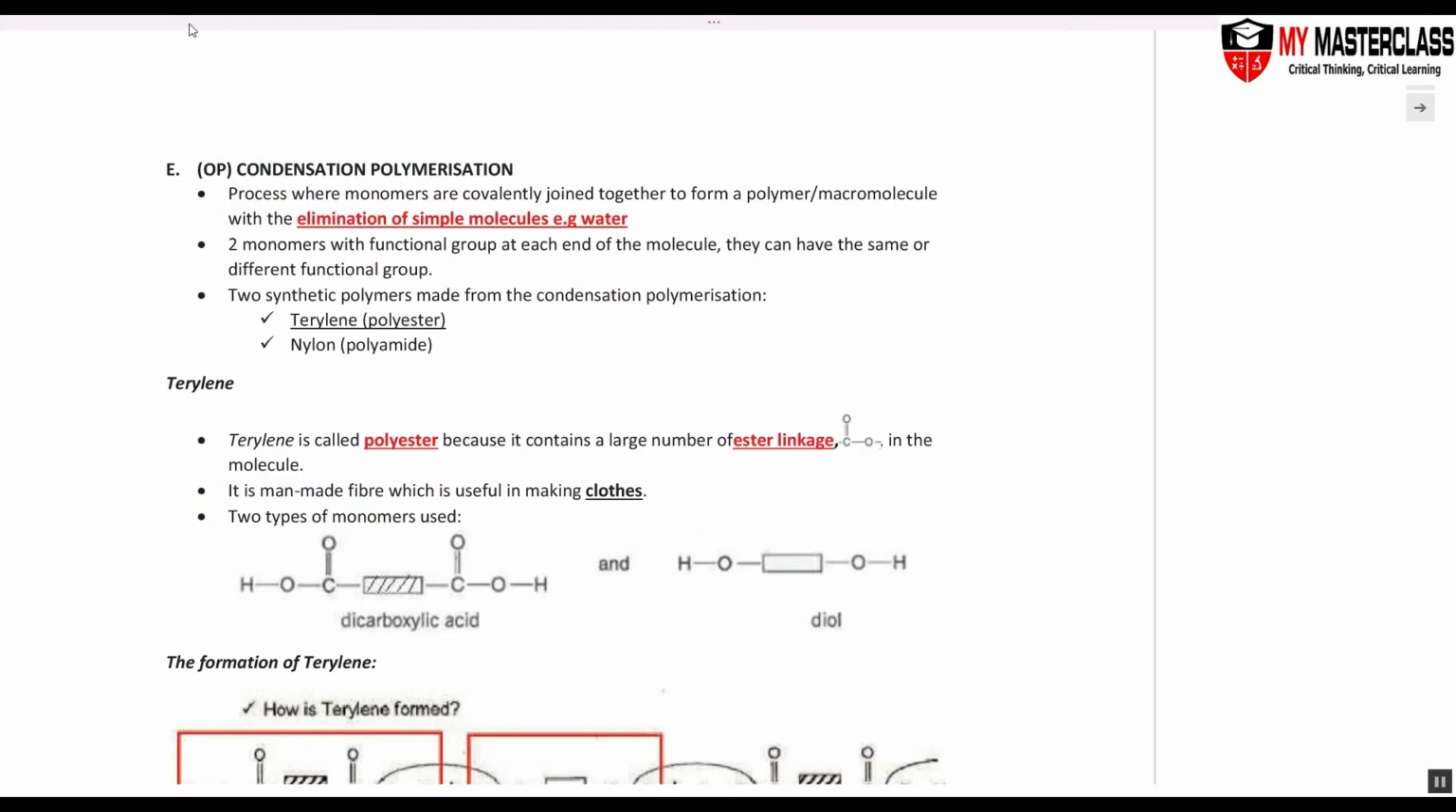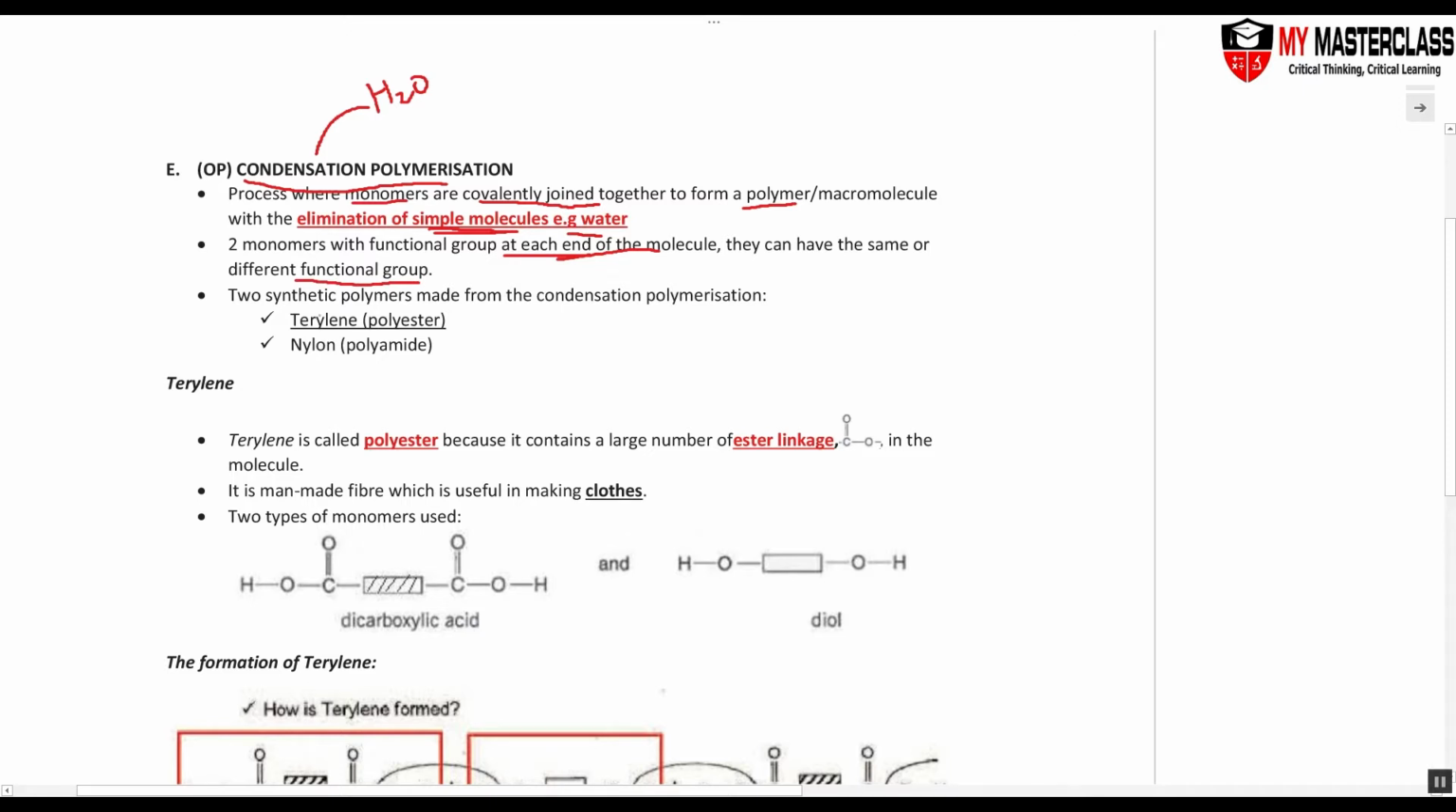Last part of your whole O-level syllabus, you have the condensation polymerization. Monomers are covalently joined together to form a polymer. In addition polymerization, there is no loss of any atoms. But in condensation polymerization, there is a loss of a small molecule, usually water. Water condenses out from H2O, that's why we say it's condensation polymerization. Two monomers with a functional group at the end of each molecule, and they are usually of different functional groups,